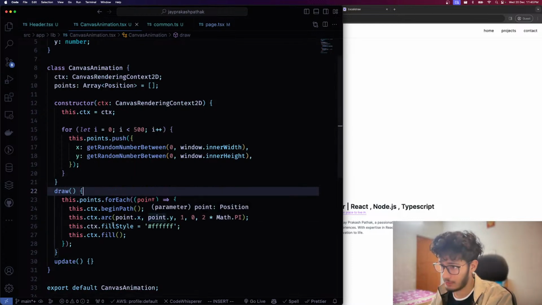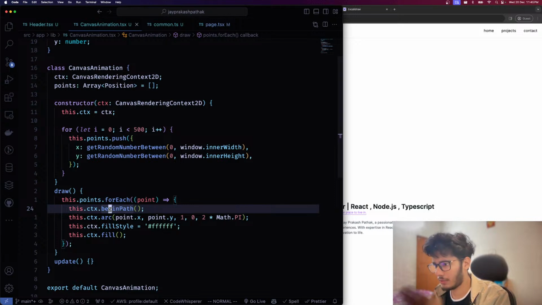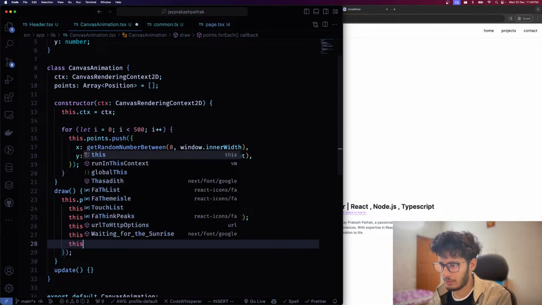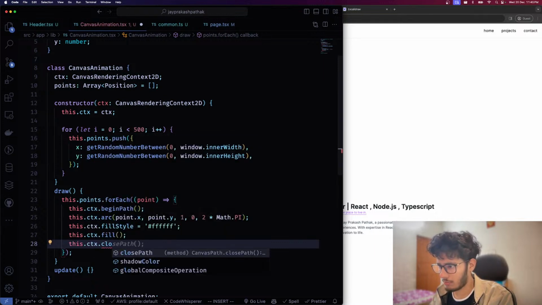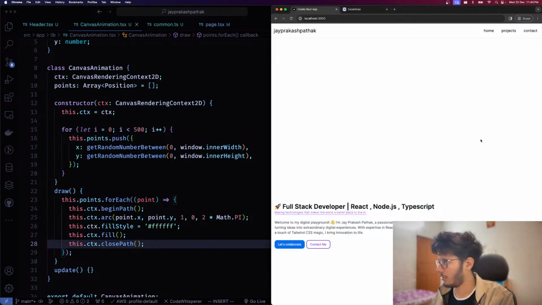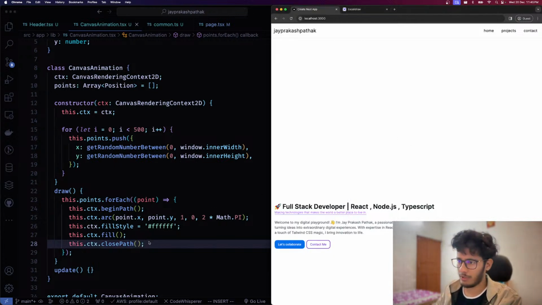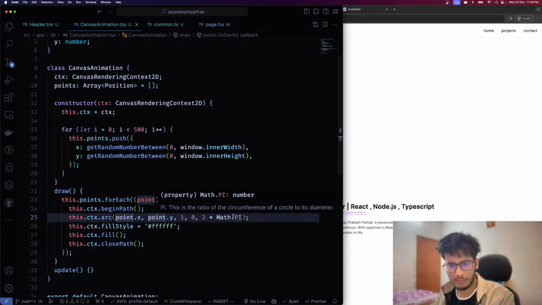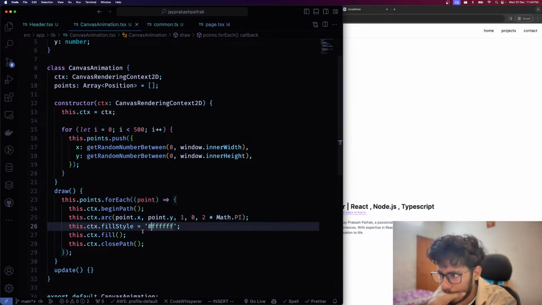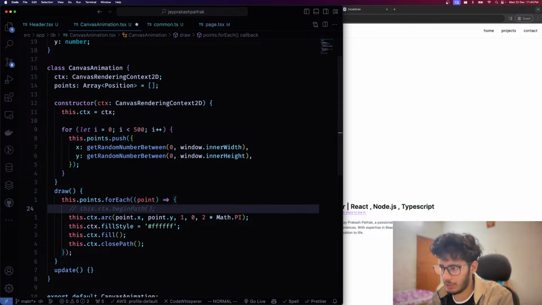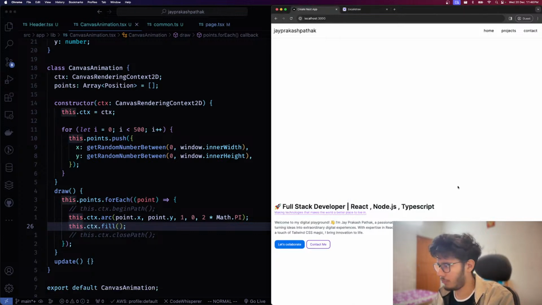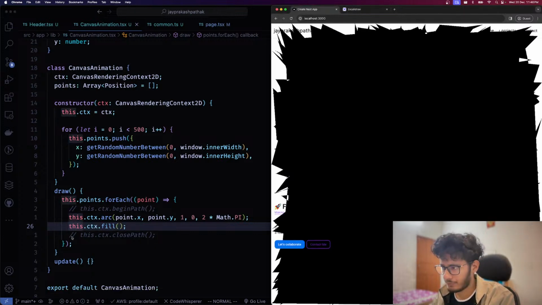Next up, it says beginPath, it draws the arc, sets the fill style and does everything, fill it, and then this.ctx.closePath. Amazing. Does this do anything? Nothing is happening right now. Why is nothing happening right now? I don't know. So do we need beginPath and closePath? I'm not sure. I don't even think we need a fill style. Hmm. Oh, we have something, but I think due to this